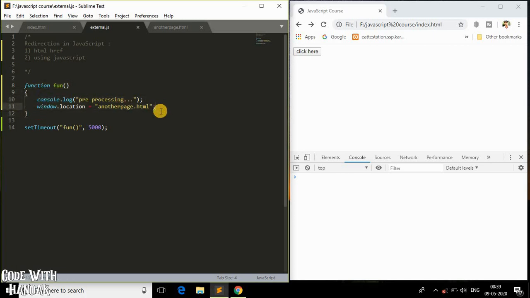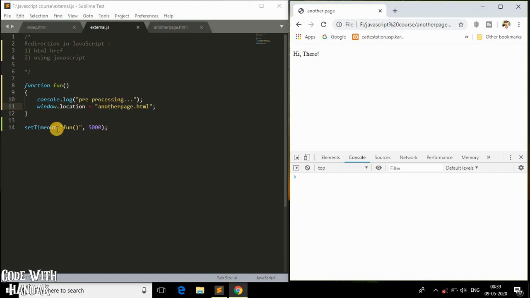So we are basically redirecting our page after 5 seconds, right? As you can notice here, we will be redirected to that page after 5 seconds. This is it, guys. As you can notice, we are redirected automatically by our JavaScript using this setTimeout method. Yeah, it's not a method, it's a function.